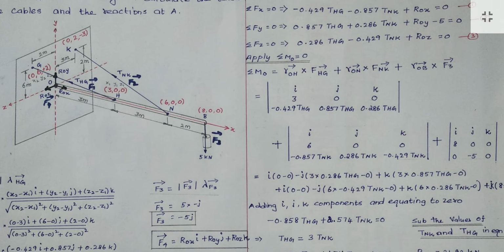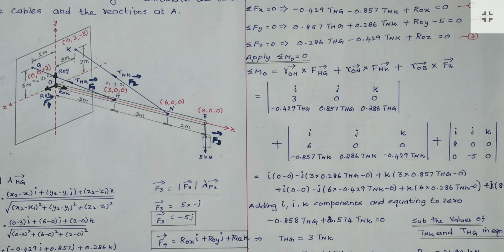So force into distance. That is OB for this distance, this force. Then this distance, this force. So this distance, this force. We just have to use cross product of the vector. That's all. So force into distance is the moment, right? For moment, force into distance: force value, distance up to the point. But here we have to use cross product, R cross F.